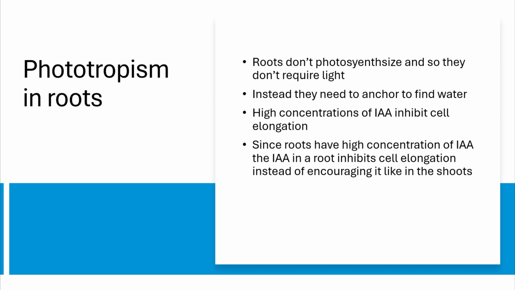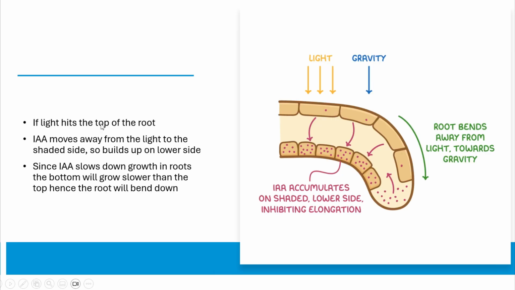And in the roots here, there's a lot of IAA. There's a high concentration of IAA. So therefore, roots are not like shoots. In shoots, it's going to elongate whatever side it's on. In roots, it's going to inhibit elongation on whatever side it's on. So it's going to stop elongation on whatever side it's on. You get me? So hence, if light hits the top of the root, IAA moves away from the light